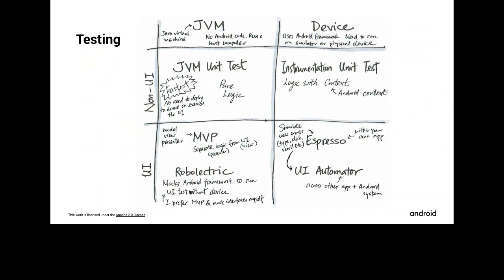Same thing with your logic components too. Like when I want to do some math, and I want to make sure that that math is right, or some sort of calculation or some sort of processing that you do on your data. Test those components first, and then once you're sure that those components work, then you can move on to instrumentation